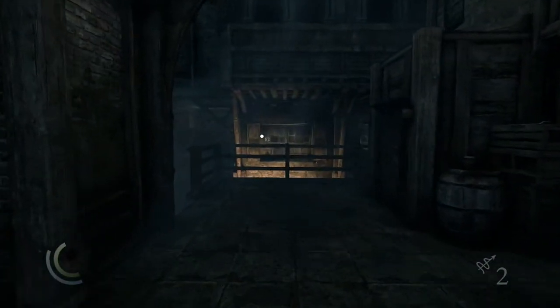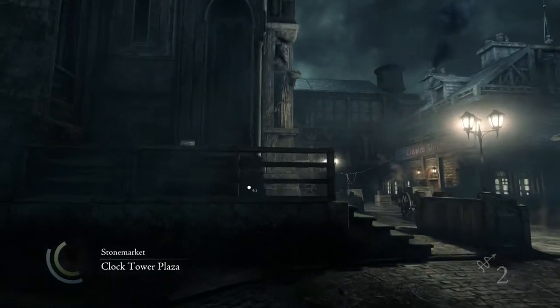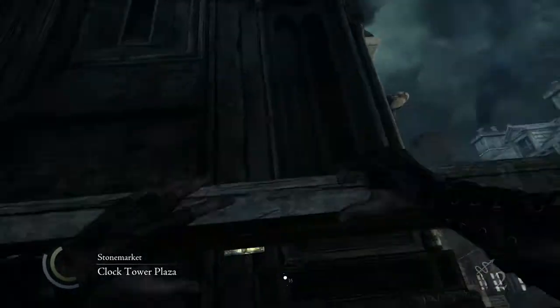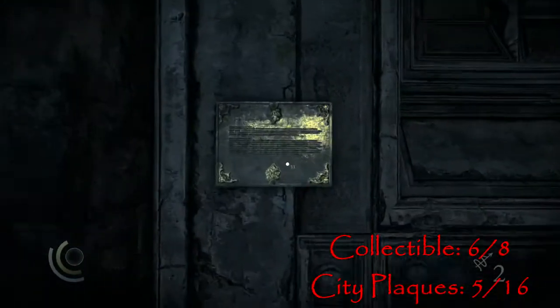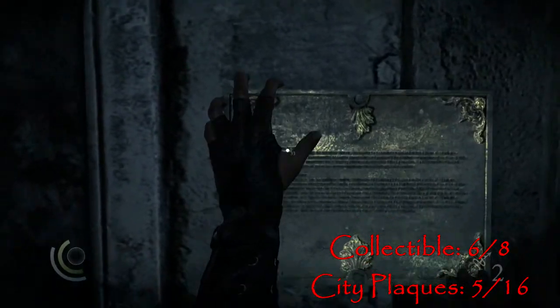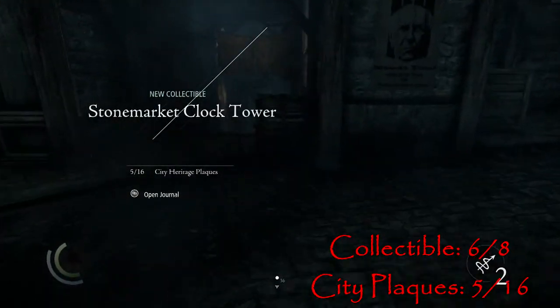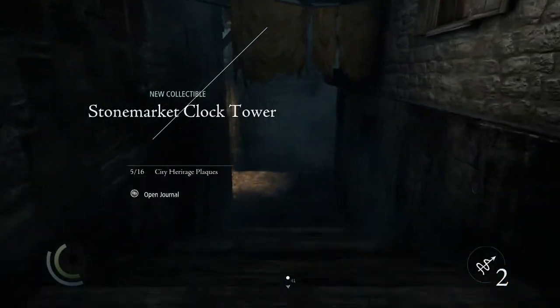We're going to do it on street level, come down to the end of the alley with the 2 citizens, and then drop off and go up these stairs, and there is the clock tower in front of you. Watch out, there are guards in this area as well. Hop the railing and grab the collectible off of the clock tower wall, and then head back down to pickpocket